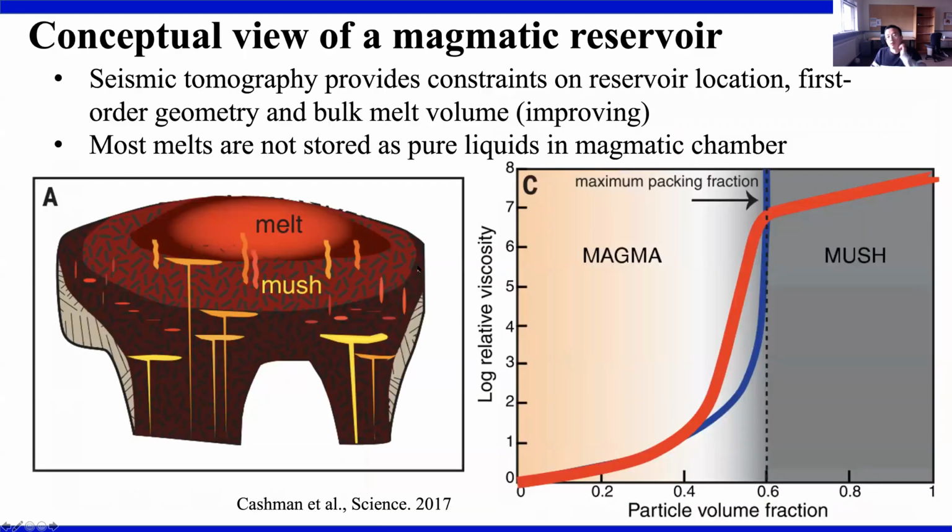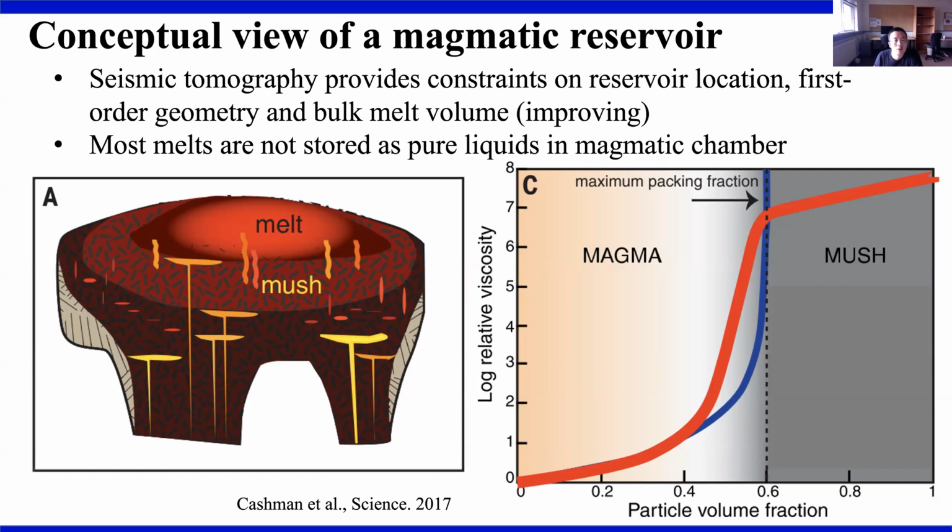So I think, simply speaking, seismic tomography can really provide us good constraints now on reservoir locations. The first order information is its geometry, and maybe it gives us bulk estimates of the volume. And we're still improving, because of technical innovations. But what people, particularly volcanologists, will be really interested to know is what is inside. I think this is probably what a magma reservoir should look like from a volcanologist's point